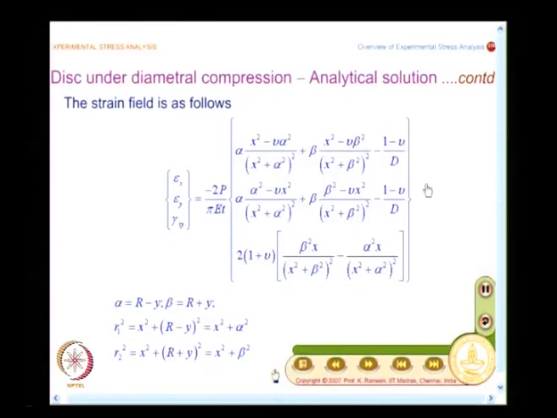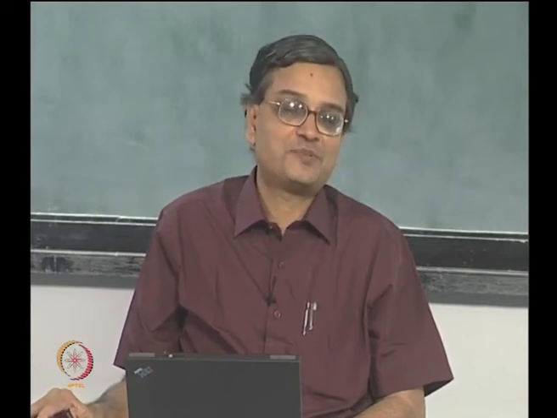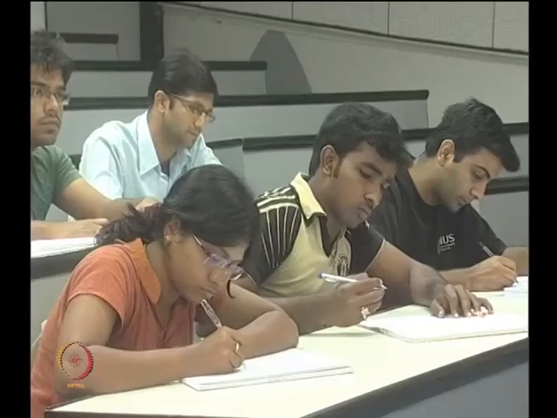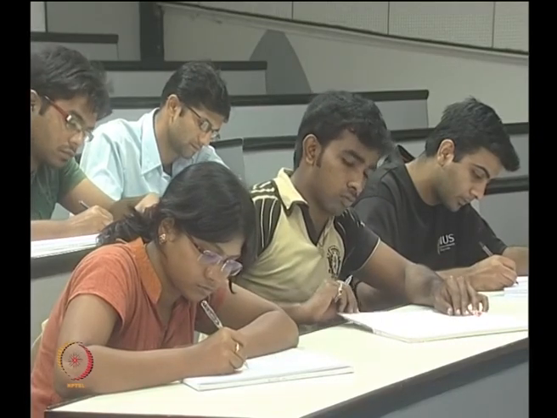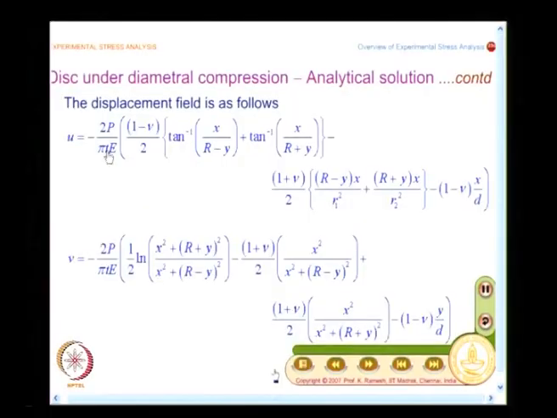You have seen the stress field, strain field, both of them are longish, and definitely the displacement field is going to be much longer than what you have seen all along. So, it is better, please take your time to write it down, and you have this as u equal to minus 2p by pi t e into (1 minus nu)/2. You have a tan inverse x by (r minus y) plus tan inverse x by (r plus y),